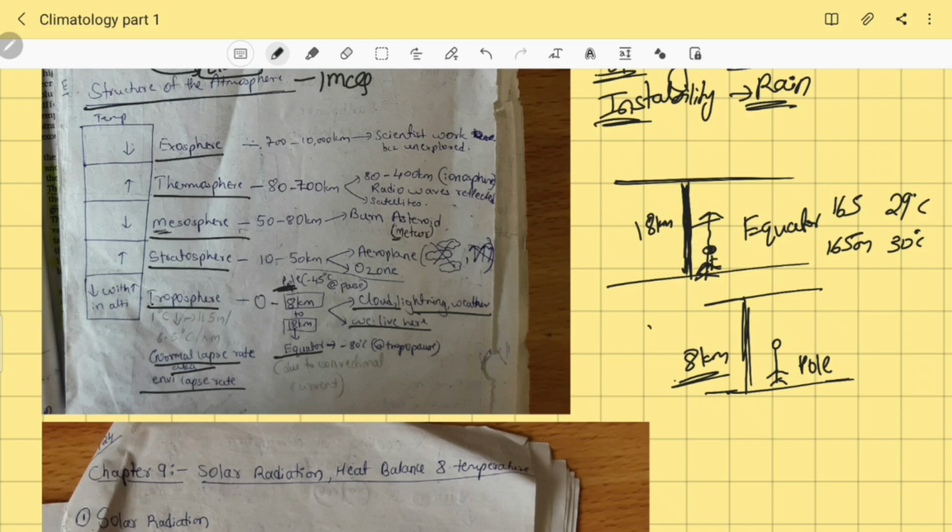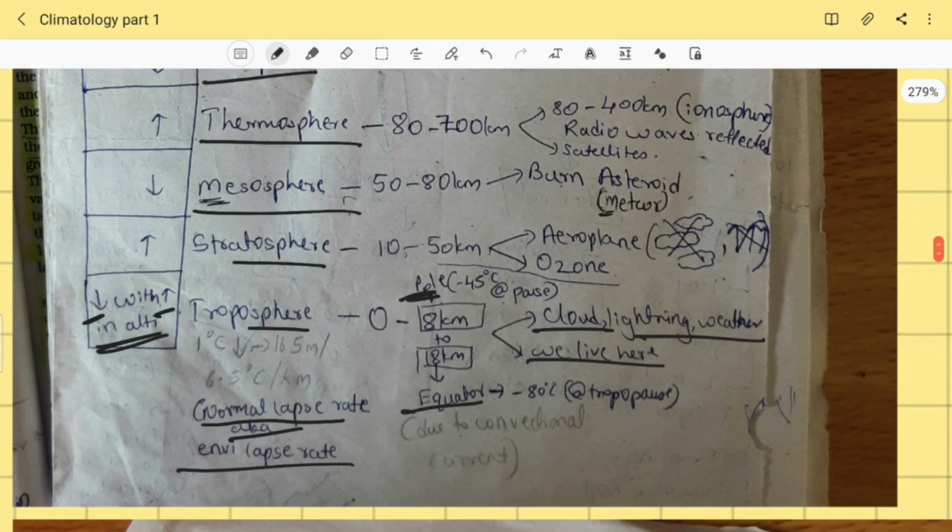And temperature decreases with increase in altitude in troposphere. There is a variation of temperature in different layers of the atmosphere. In troposphere, the temperature decreases with increase in altitude. That's the other thing you need to know about the troposphere. So that's all about the troposphere. Now let's move to stratosphere. What is stratosphere? See,